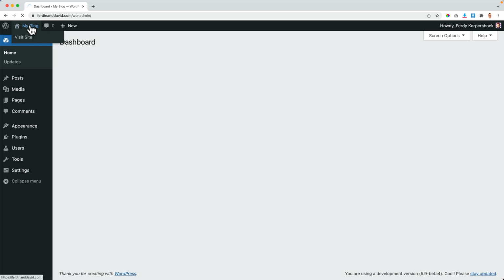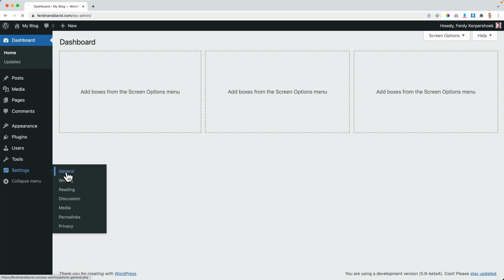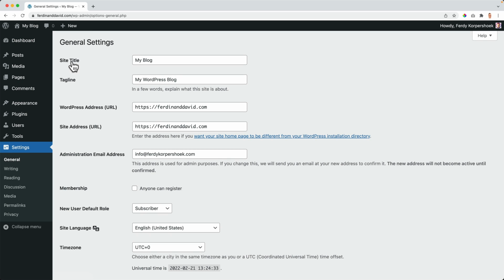So one more thing. Go to the site settings in general. And here we can give our website a site title. Really important for the search results. And a tagline. We're going to talk about this later. Really important that you have HTTPS over here, that your website is secured. Also over here,